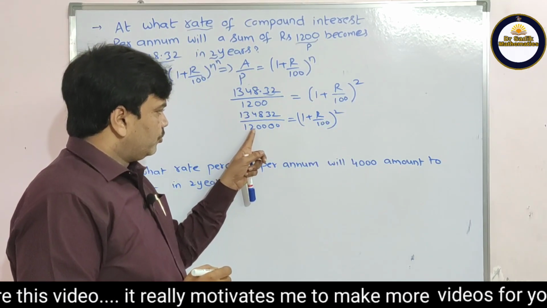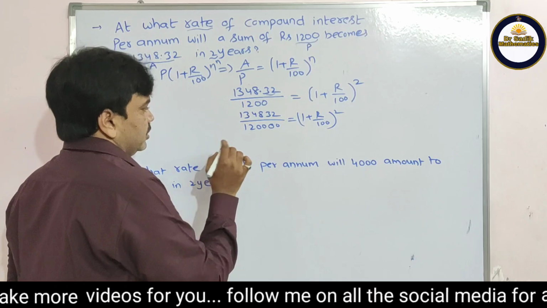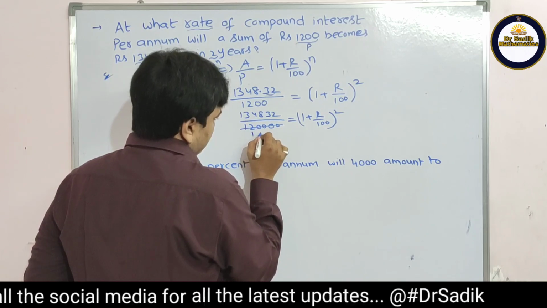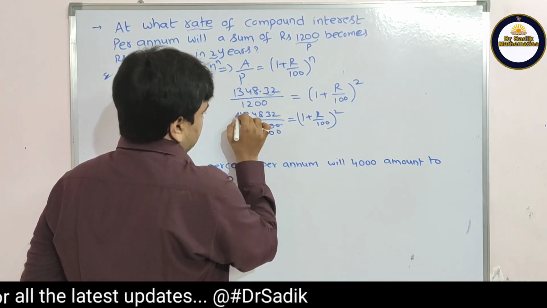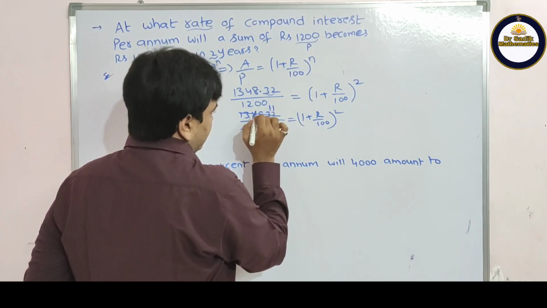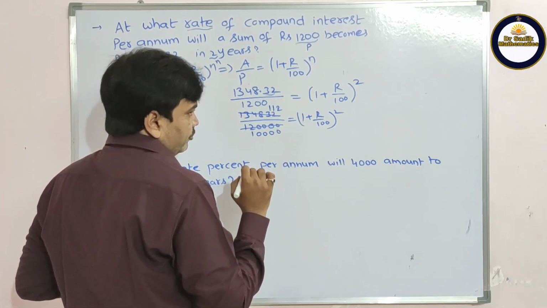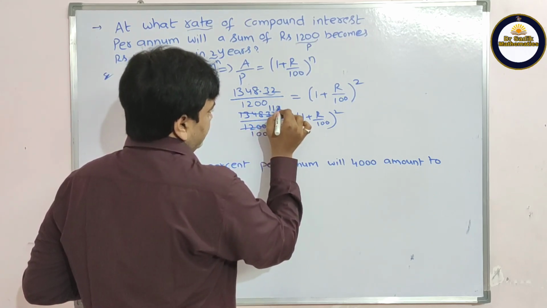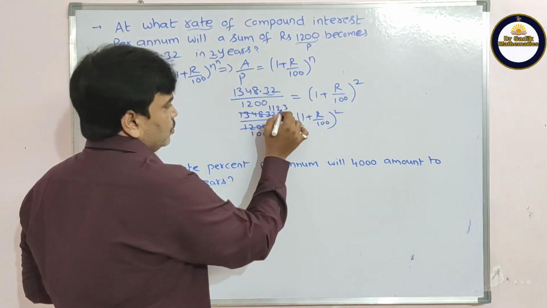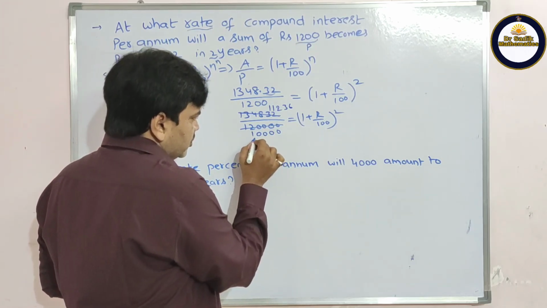See friends, 1,20,000. So I am checking here whether 12 table cancels or not. In 1,20,000, 12 table, 1 0 0 0 0, 4 zeros. Here 14, 12 once is 12, 14 minus 12... we get 4, then 3, 7, 72, 6 12s are 72. Okay friends, 72.